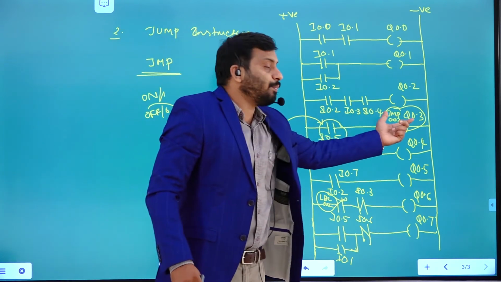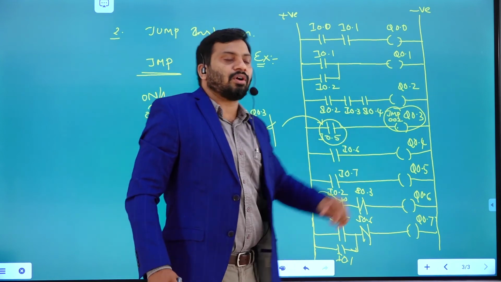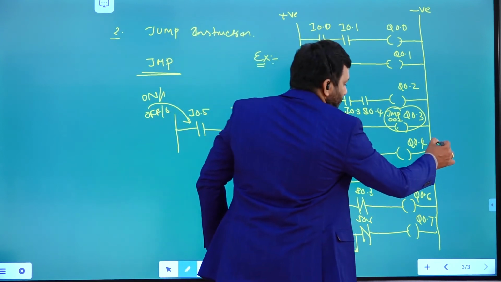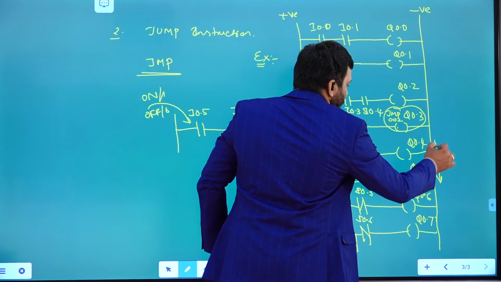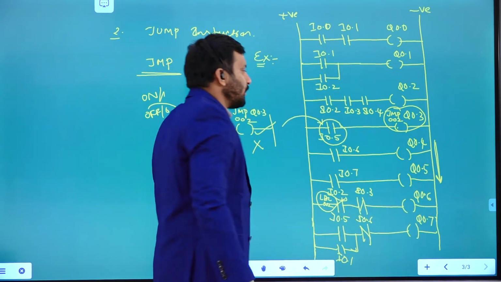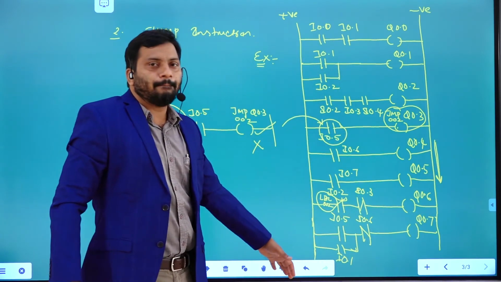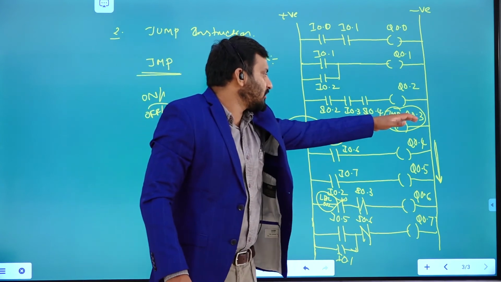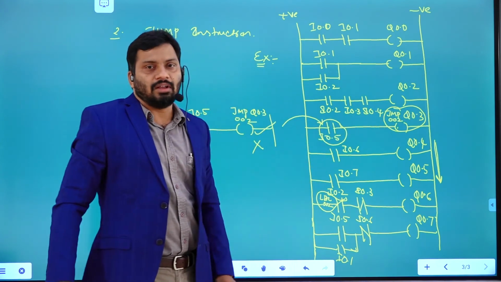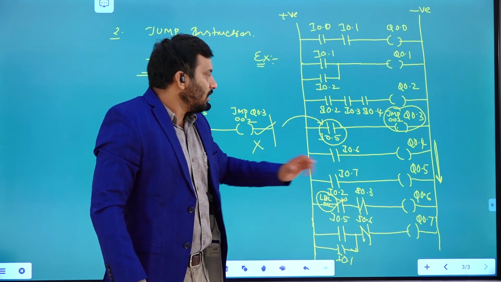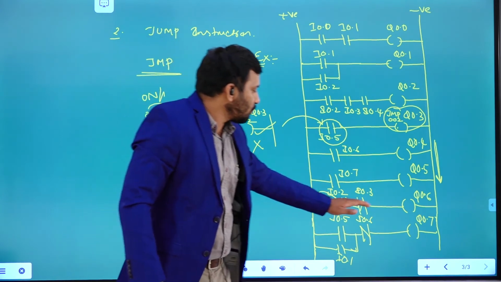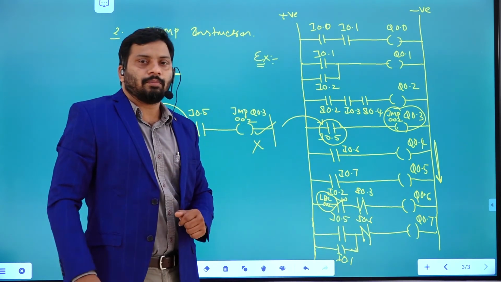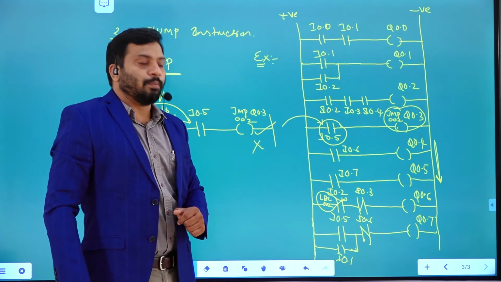Due to that, this jump operation is not going to take place. It is going to be executed like this, keep on executing without jump. If jump is there, it is going to jump to this particular label, and from there it is going to execute the program.